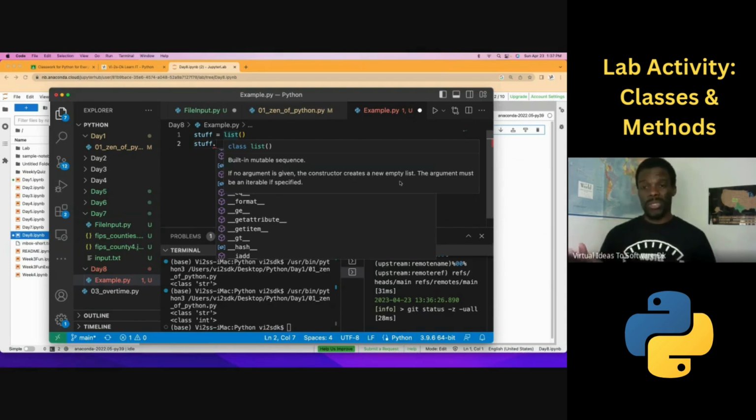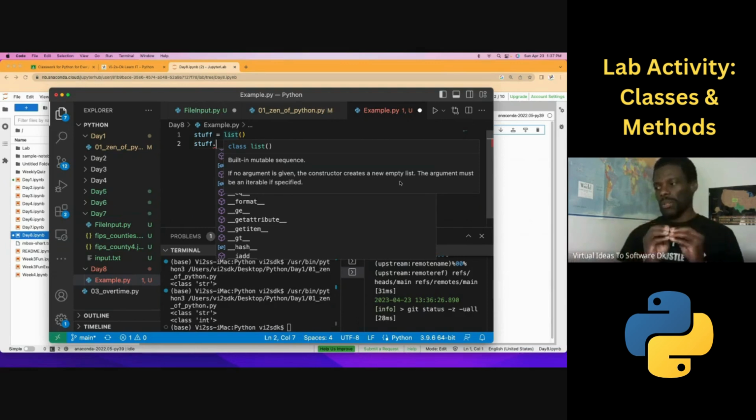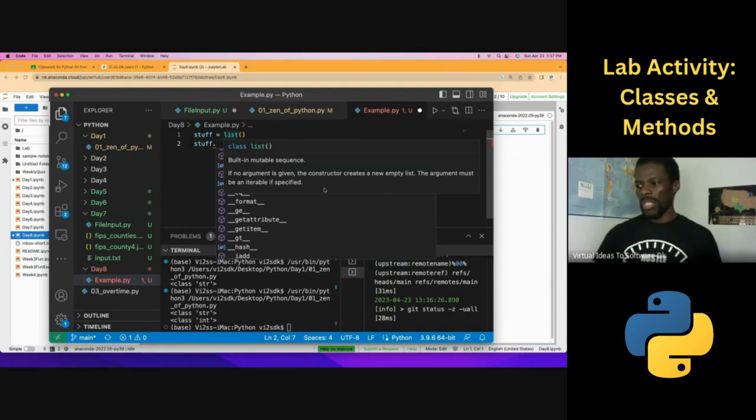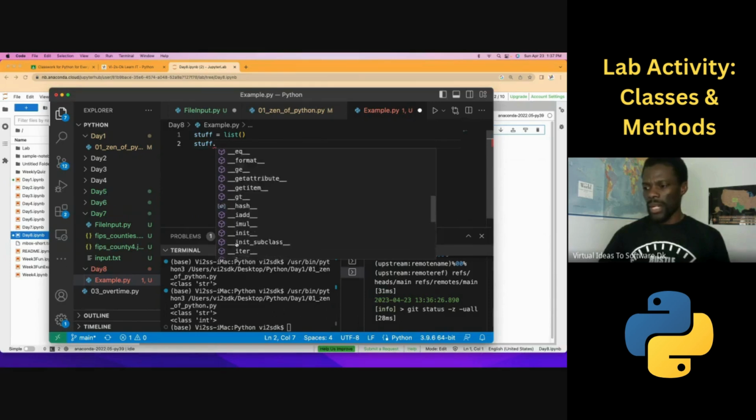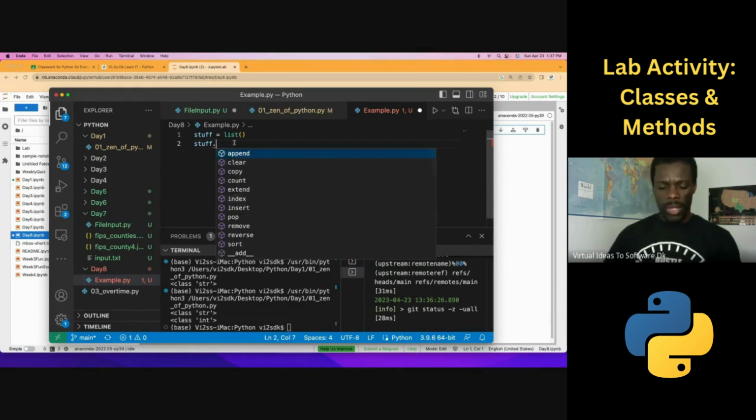So the constructor that we just talked about is going to take all those pieces and put them together. The argument must be an iterable if specified. So the argument has to be something you can iterate over, which means it has to be separated by commas, right? As you can see here, our variable is called stuff. It is from the list class. With that, we're able to see these are all different methods within the class that can be used. So we're going to append,